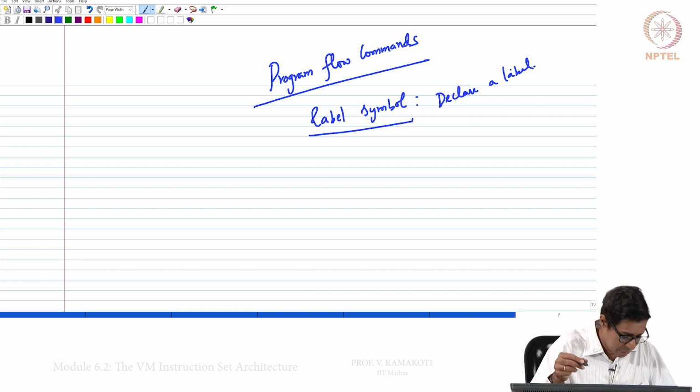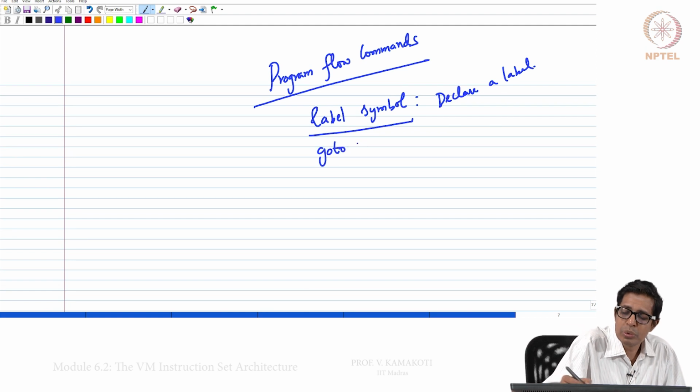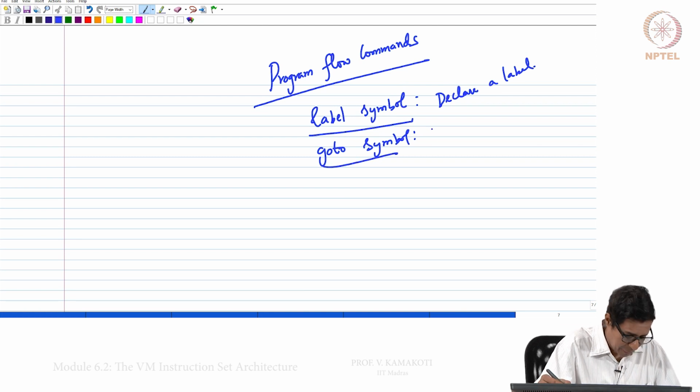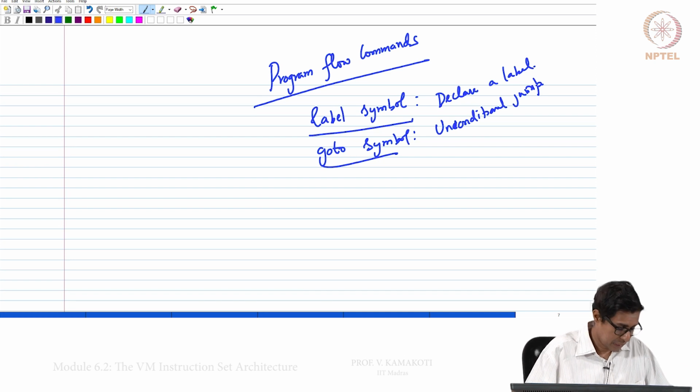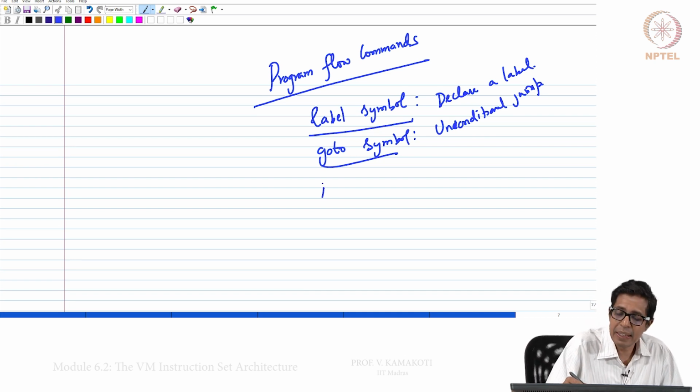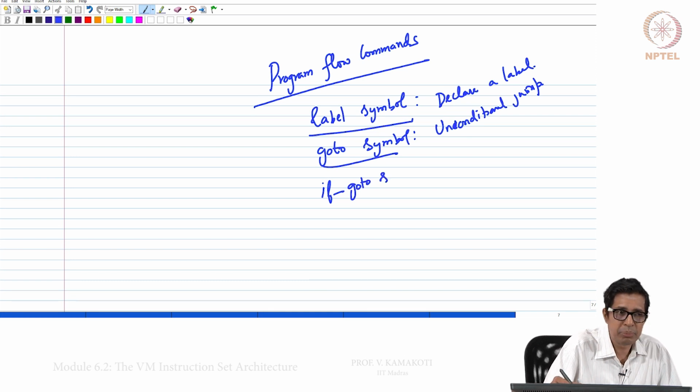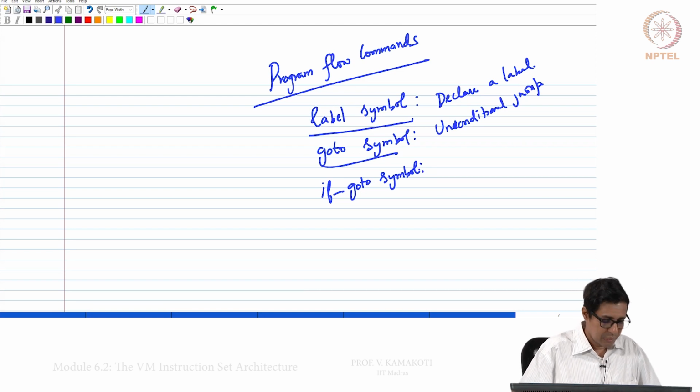Then there is goto symbol, which is nothing but an unconditional jump to the label given by the symbol, and then if-goto symbol. This is what we call conditional branching.